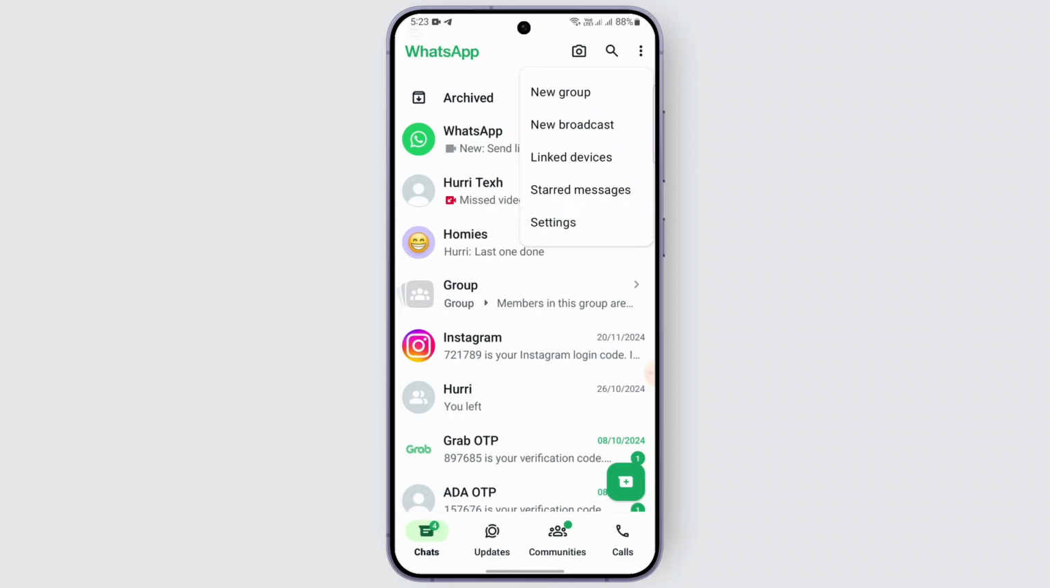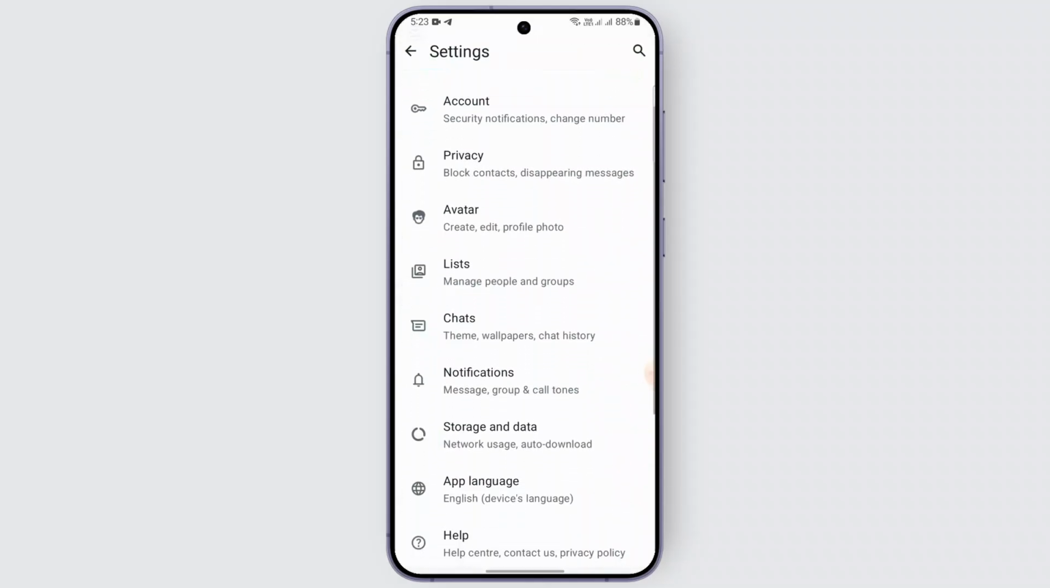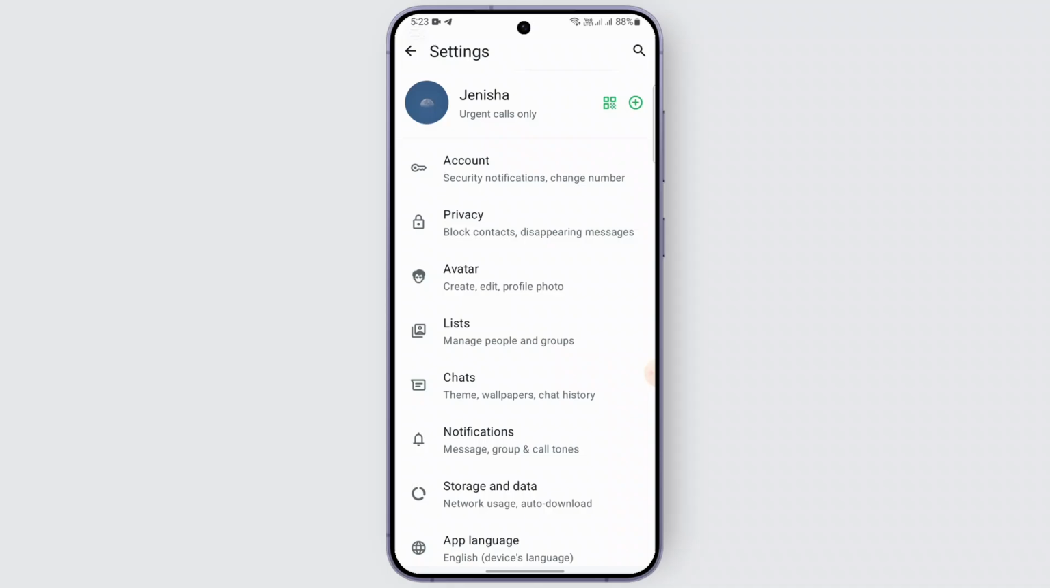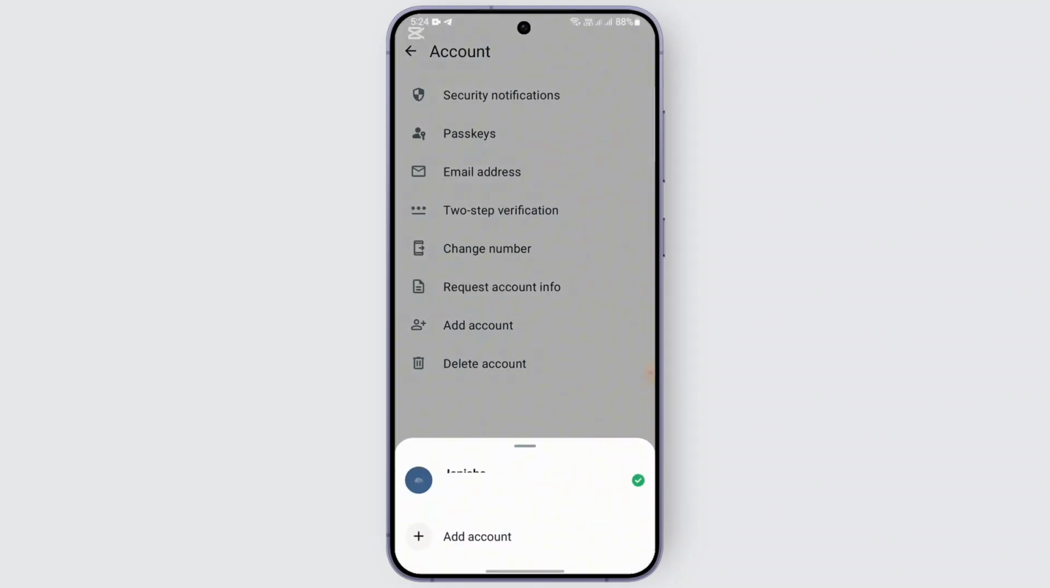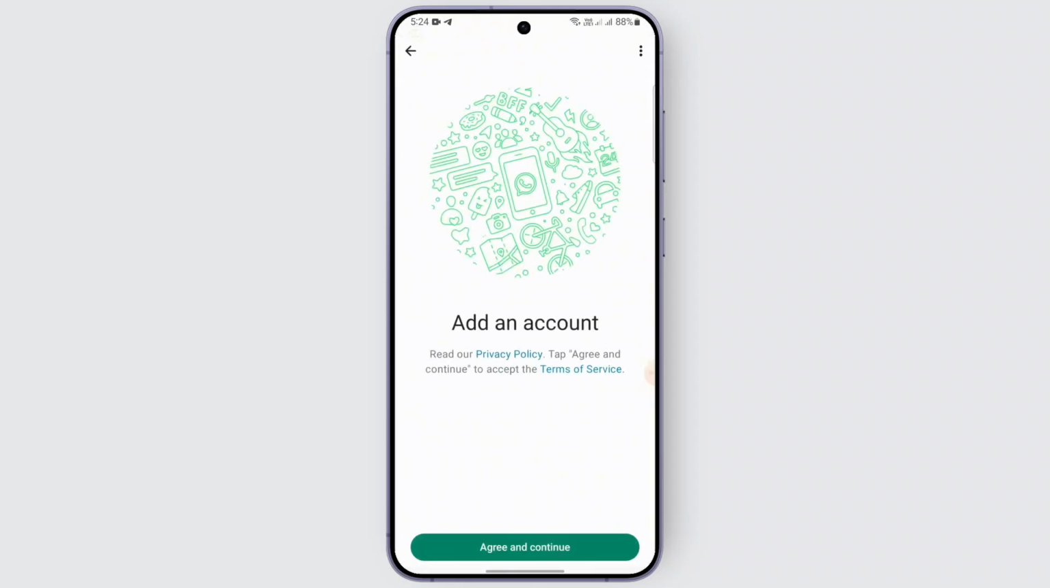Just tap on it. After tapping on it, you'll find a bunch of options here. Look for the first option, that is account, below your profile. Just tap on it and you'll easily find the option called add account, the second last option above the delete account. Just tap on it, and when you tap on it, you can find this add account option. Just click on it and it will redirect you to another page where you need to enter a new